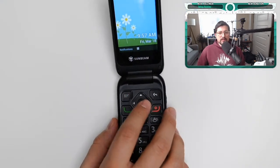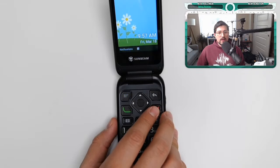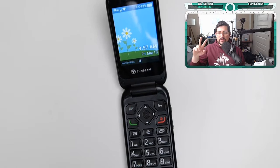Question about the Shock phone, the Shock Classic, if you have time. How do you close apps that are running in the background? You press the red key. I don't have any red keys here. Maybe this one does. Yeah. So assume this is a Shock Classic. You're on Spotify. You will press this. And sometimes some apps require the double standard,